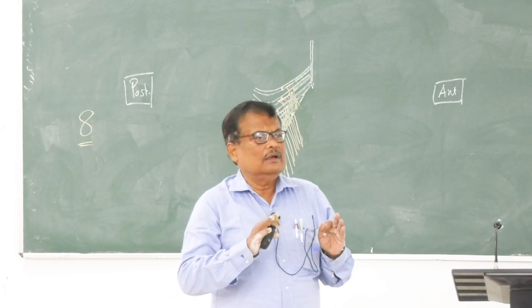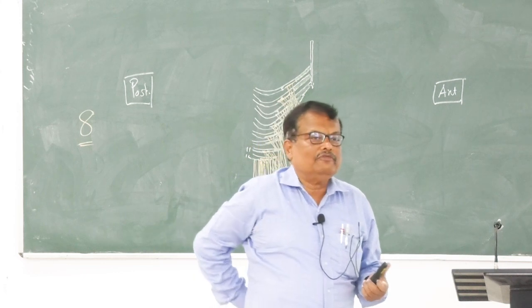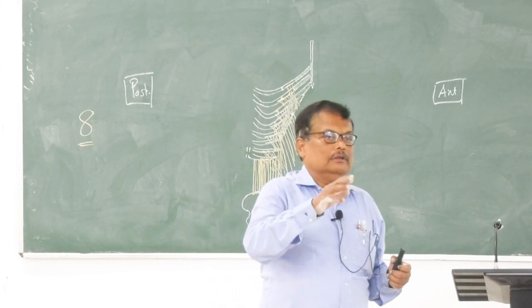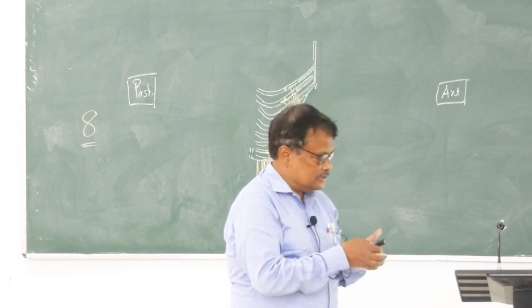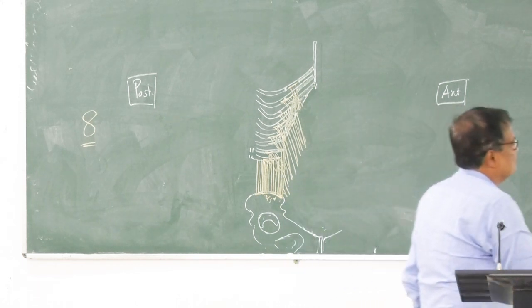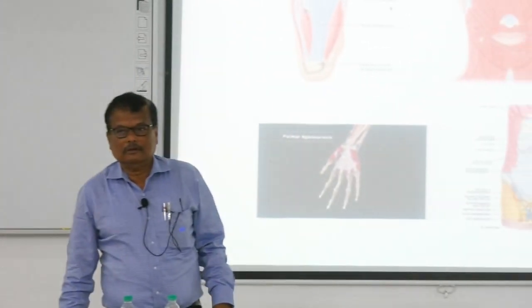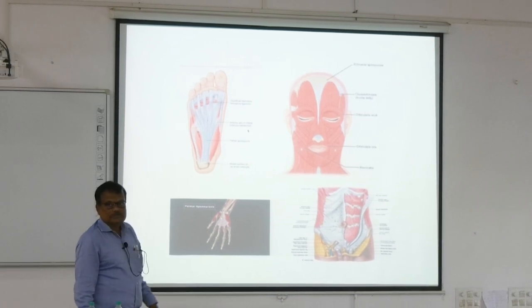More or less the same, but there are certain differences. You know, there are so many fascia in our body, and these fascia may be modified to form some other structure. For example, deep fascia. Look here. It is a deep fascia. They modified, becoming very strong, and form the plantar aponeurosis. This is the palmar aponeurosis.